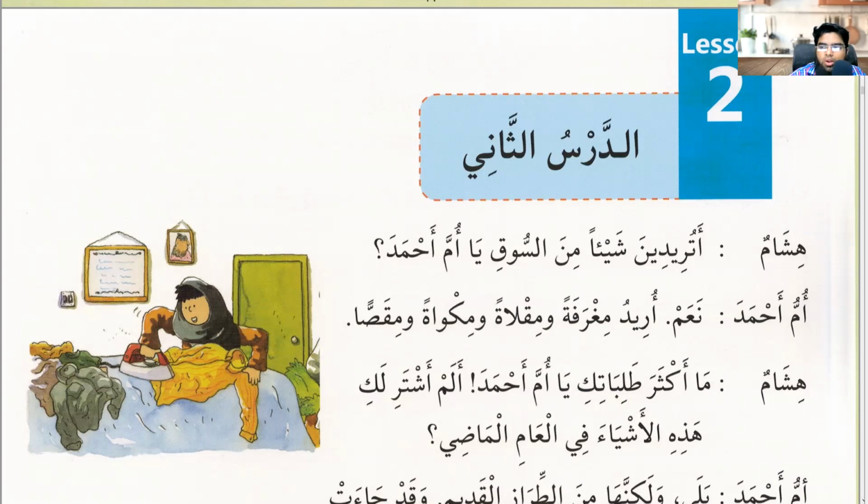It's very easy if you just remember the patterns. There's no reason why those patterns come, but it's just mif'alun and mif'alatun. Like miftahun for key, miknasatun for broom, miqassun, mikhlabun.